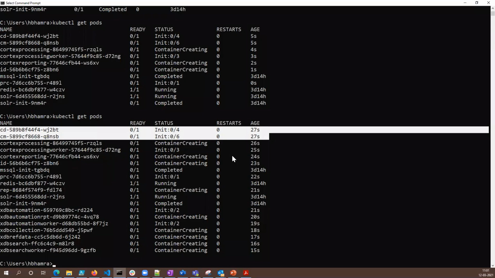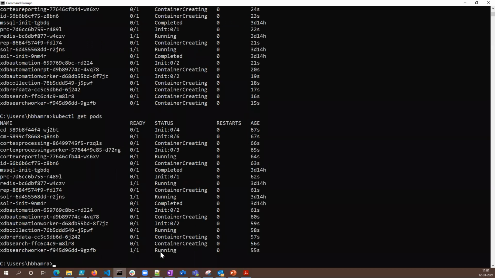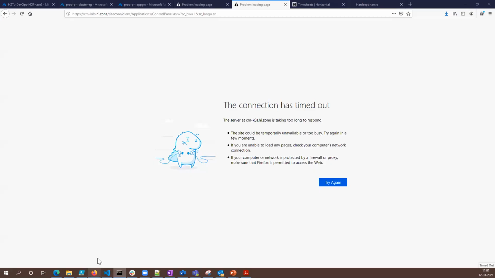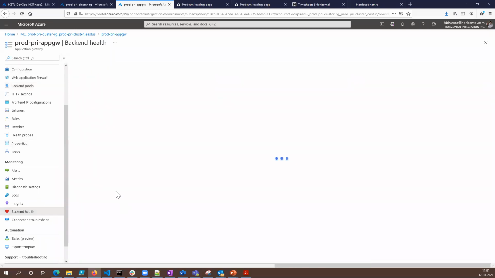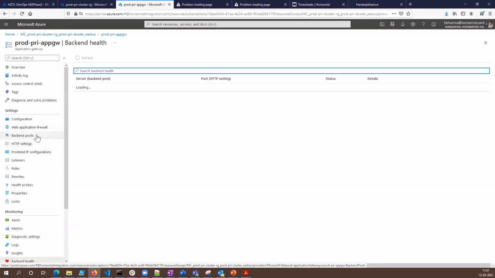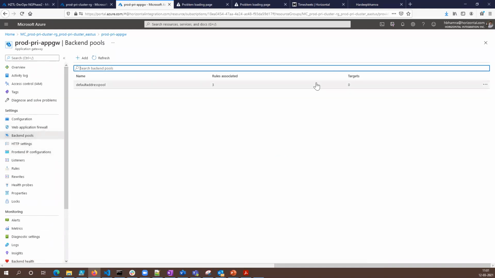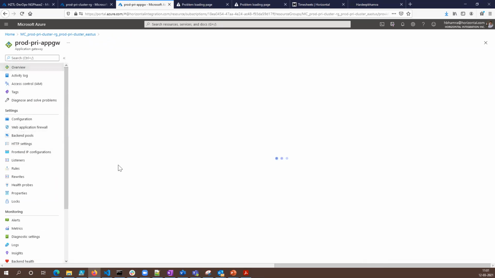So if you keep coming back here and keep refreshing, you will see the search work on one at a time. One after another, they will all start coming up slowly and gradually. This takes about a couple of minutes by the time you ensure everything is up and running and fine. Also, if you go back to the app gateways, let's refresh this app gateway. Okay, it's only going to take some time. Come back to the backend pool. There are 0 targets for now, which is okay.